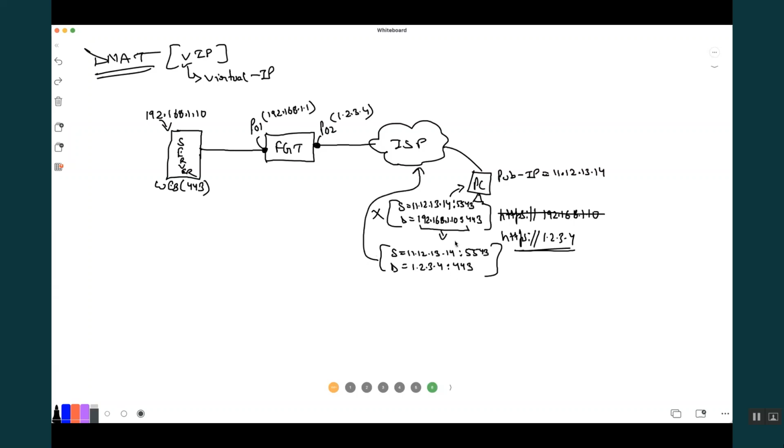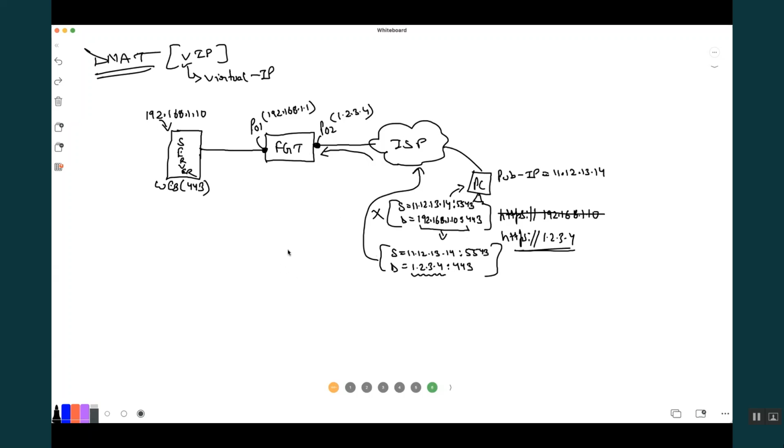Now the ISP will say, hey, the destination is 1.2.3.4. It will do a routing lookup on its own side, whatever it does. Based upon that, the ISP will send that packet towards the FortiGate firewall. So the FortiGate firewall receives this packet.